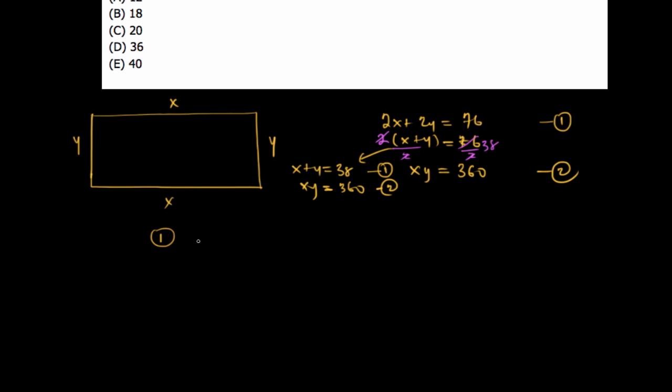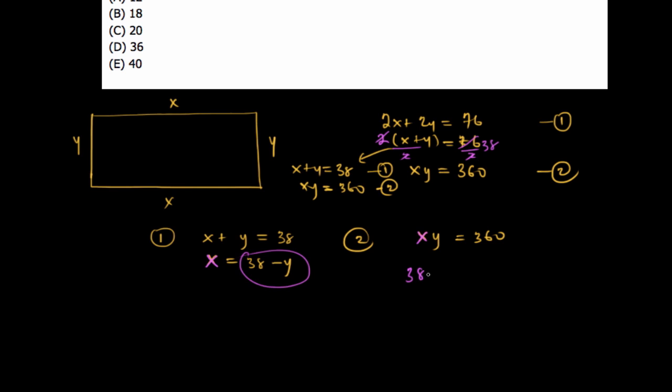So what equation 1 says is x plus y equals 38. From equation 1, I'm going to solve for x. So my x equals 38 minus y. Now I come to equation 2. What equation 2 says is x times y equals 360. So anywhere you see x, you replace it with 38 minus y. So this is just going to be 38 minus y